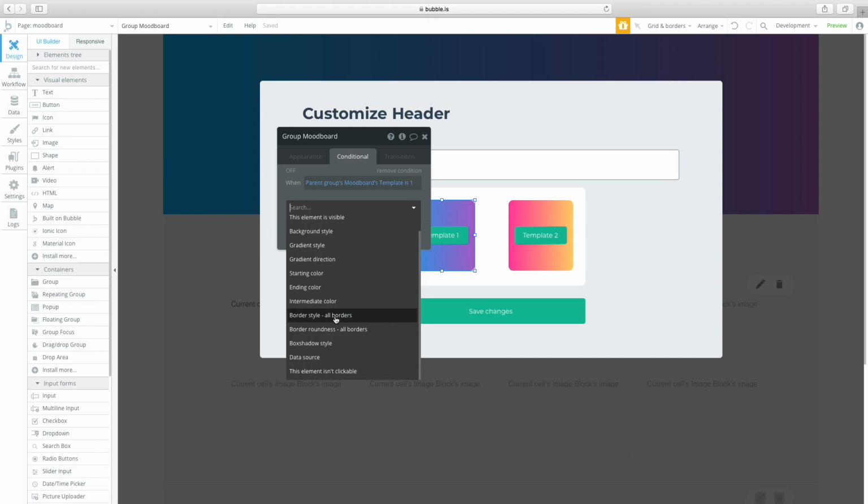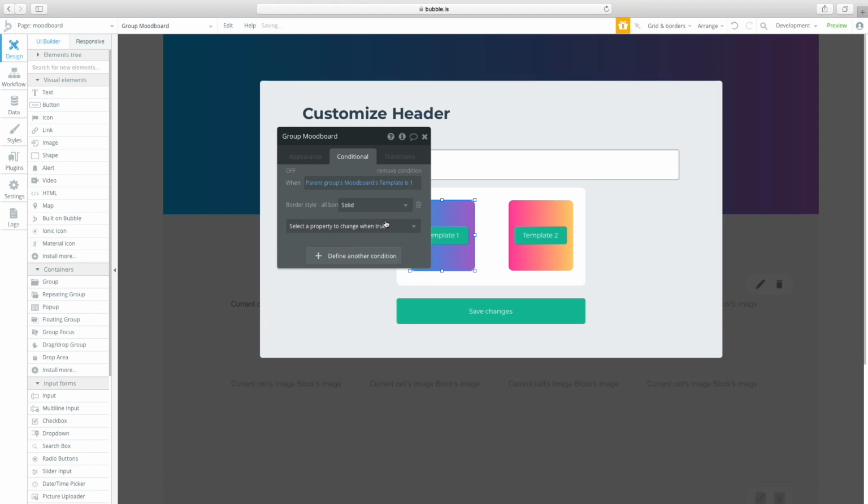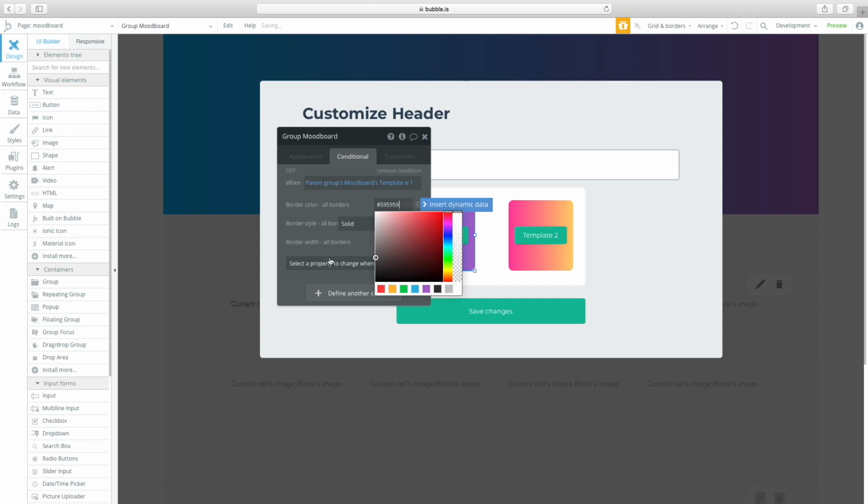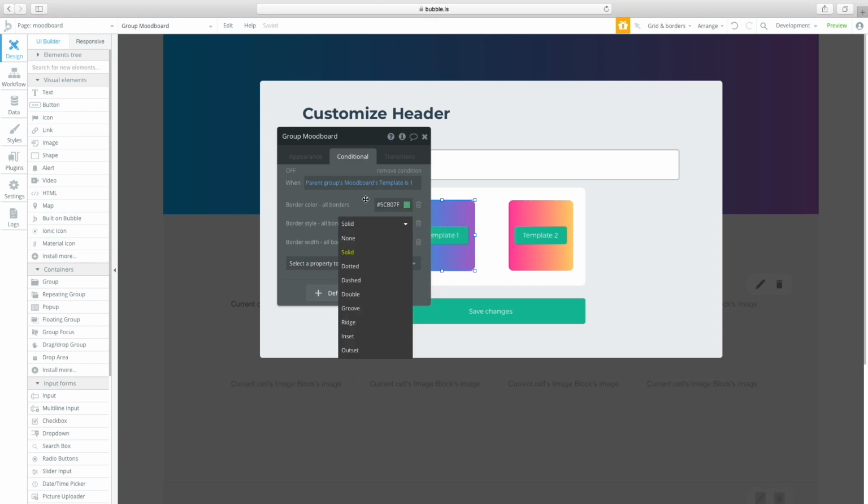So border style, all border should be solid, and border width of it should be 1. Border color, let's change that to not white, but something like this kind of green, right? It's okay. So I'm going to change that width to